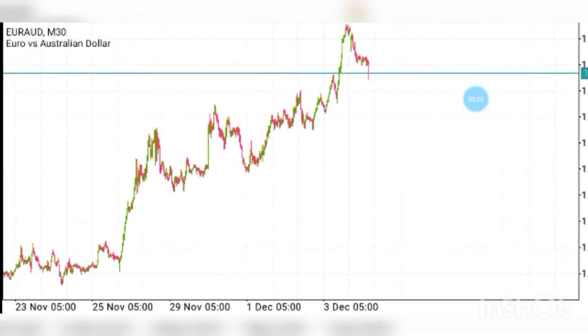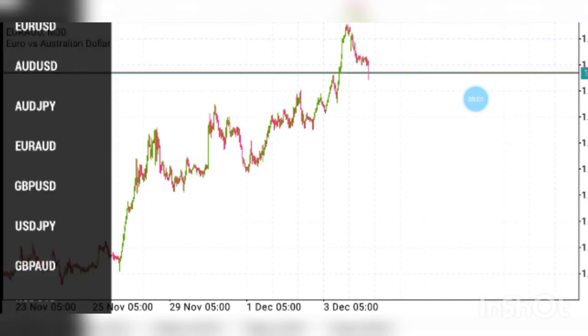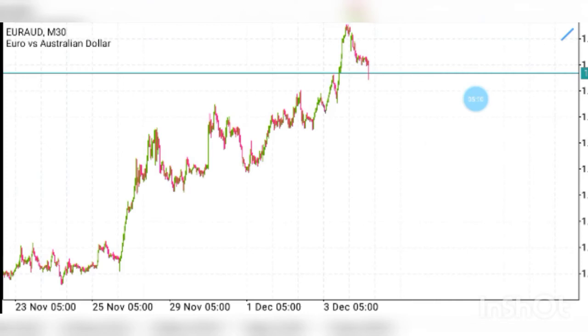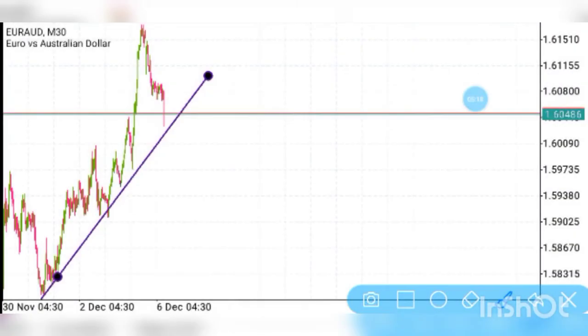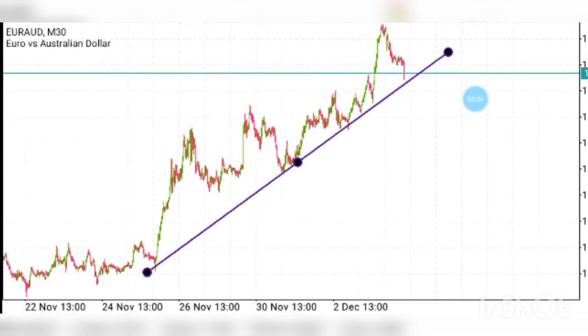So now remember I said drawing a trend line is connecting two higher highs or two lower lows. Now, for example, you want to connect this. These are a series of lows below, and then I connect them. So this is a trend line. If you can see a touch here, a touch here, and a touch here, these are actually trend lines. You can see the trend line.